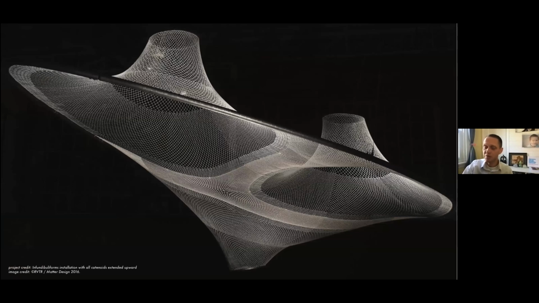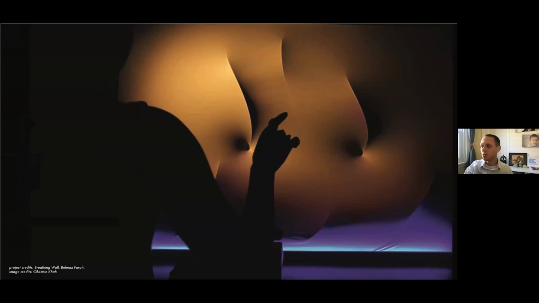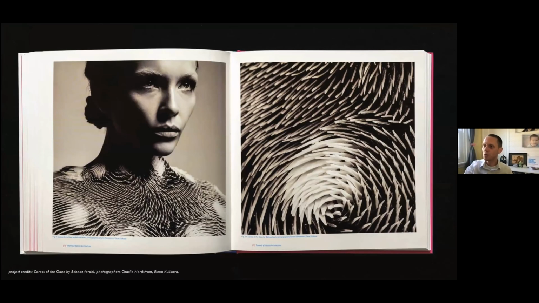And getting into robotic spaces. This is a project by Wes McGee and Kathy Velikov at the University of Michigan. It's a robotically 3D printed piece that is a robot, so it can actually change its form when people go into it. To the Breathing Wall project by Behnaz Farahi, which is a wall that can be controlled through cell phone gestures. To Behnaz's more recent work into wearables that can sense the people around them and